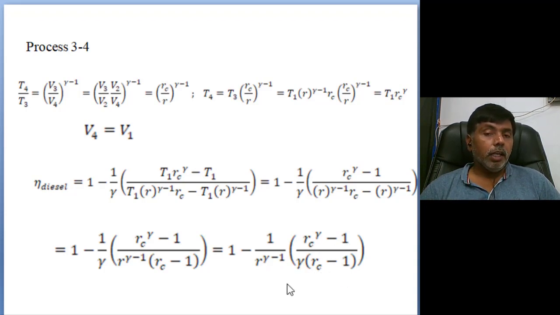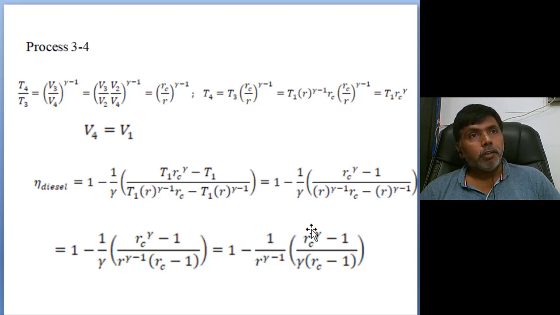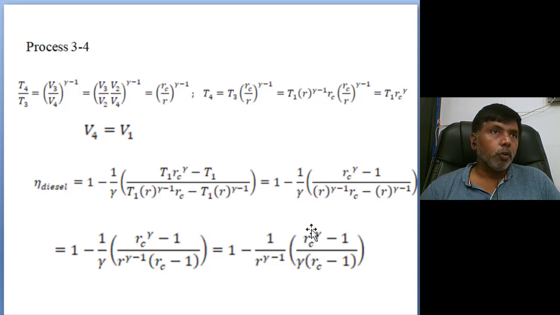So the efficiency of the diesel cycle depends on compression ratio and cutoff ratio. We want to maintain an optimum cutoff ratio. If you increase the cutoff ratio, it will reduce the efficiency. If you maintain a minimum cutoff ratio, you will get minimum power output. So the optimum cutoff ratio, between 1 and 2, 1.5 to 1.6, is what we maintain. The efficiency of the Otto cycle depends on the compression ratio r only.